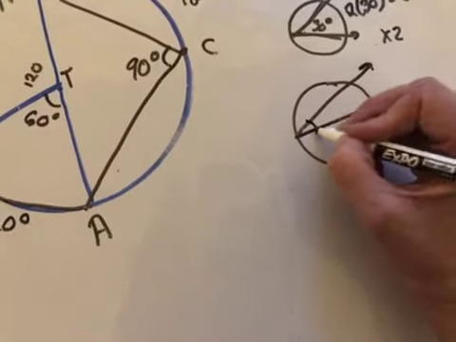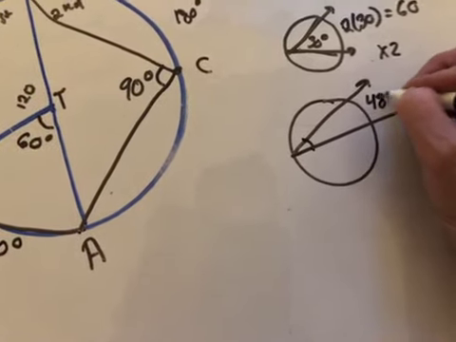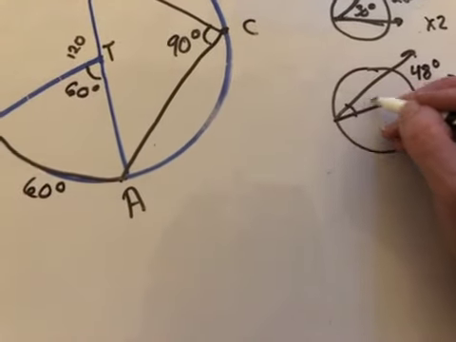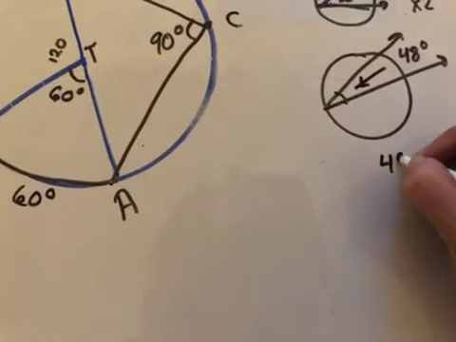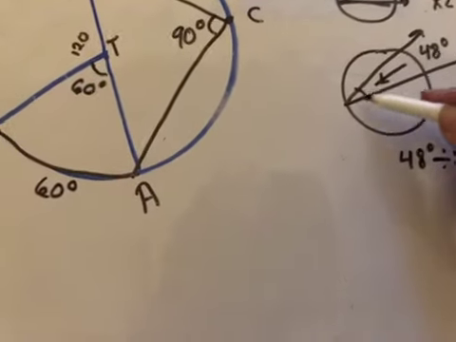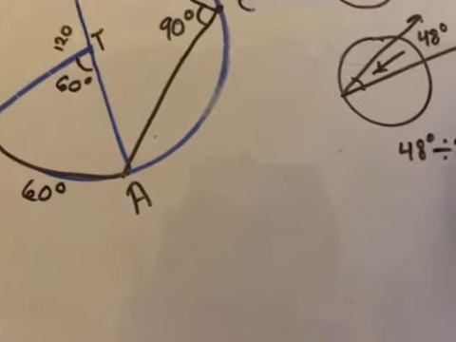If I'm going from the outside, okay, I'll make this a 48 degree angle. If I know my arc is 48, I want to know what my inscribed angle is. That means I'm going to take 48 degrees and divide by 2, because I'm going from the outside to the interior, or that inscribed portion. So our angle is